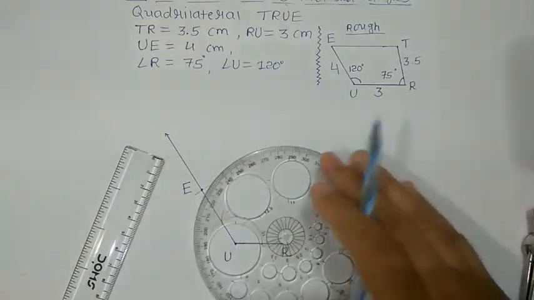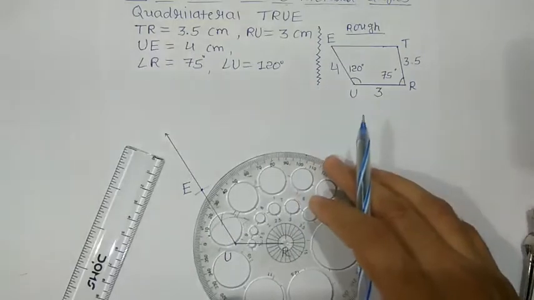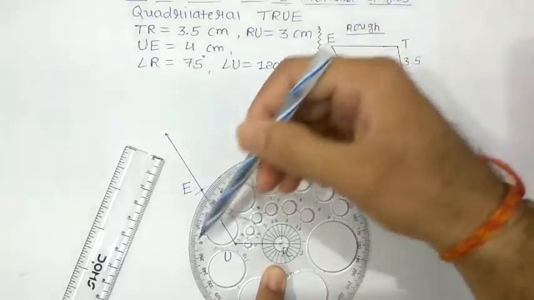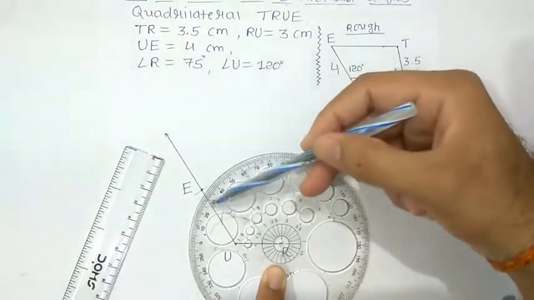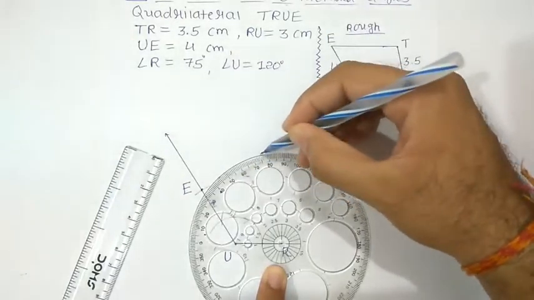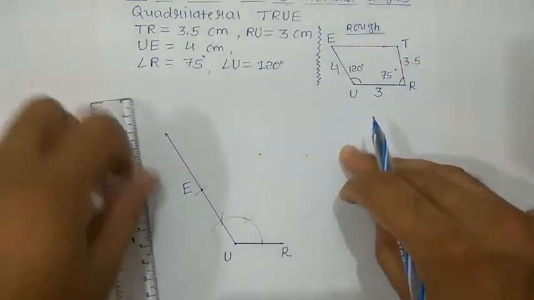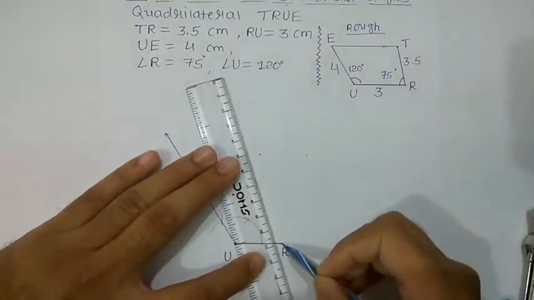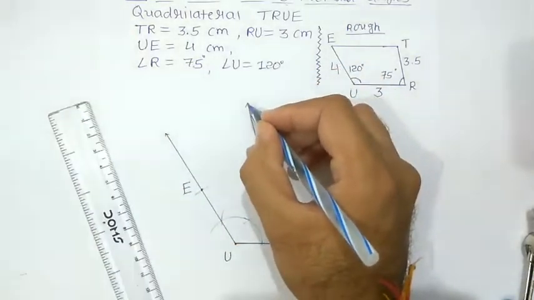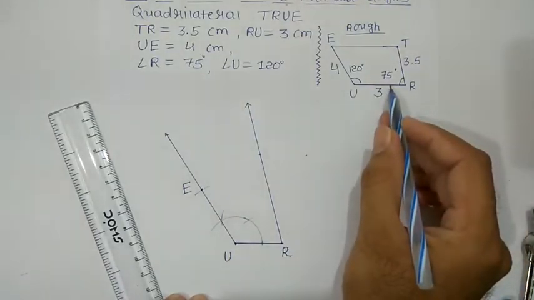We have to make an angle which measures from inside, right? Okay, so let us keep it again and measure the angle again. So now set this point to the 0 degree. Okay, so now see here, this is the 0 degree, this is 10, 20, 30, 40, 50, 60, 70, and this point is 75 degree, right? So whenever we join these 2 points, this ray is how much of an angle? This is a 75 degree angle, right?